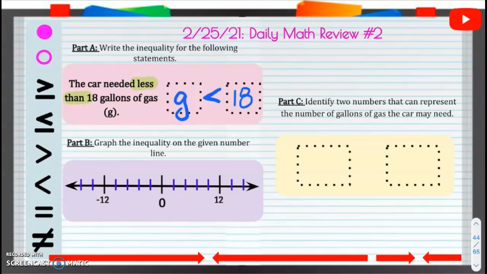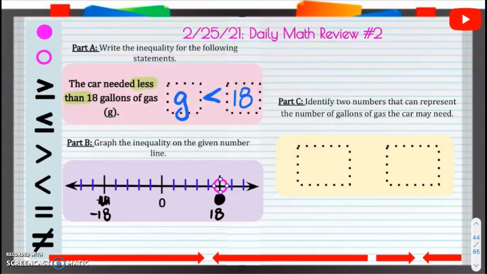Now we're going to plot this. We are going to have an open circle. Oops, sorry you guys, that should be 18 down here. 18, negative 18, there we go. All right, so we are going to have an open circle down here on 18, and we are going to